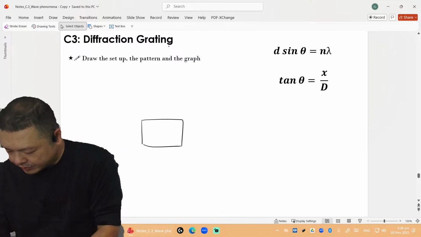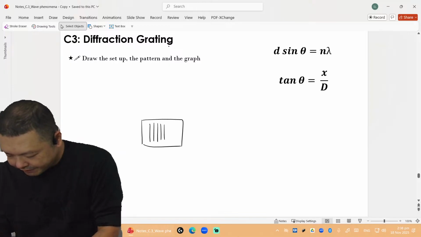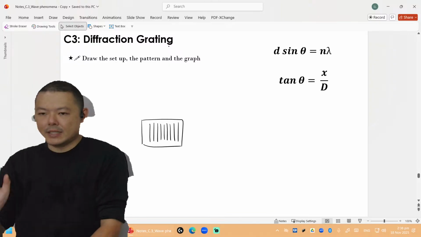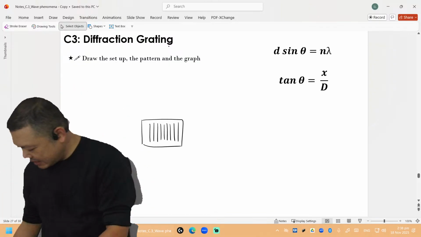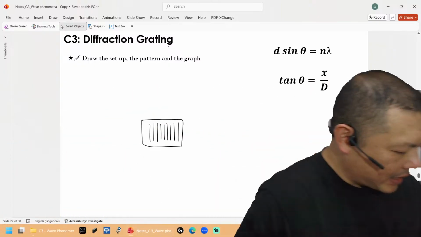Okay, so what we have is you got to learn how to draw the setup. So I'm just going to draw the setup for you. So this is your diffraction grating. Okay. So what's the diffraction grating? A diffraction grating is when you have many slits, right? You have many slits in the